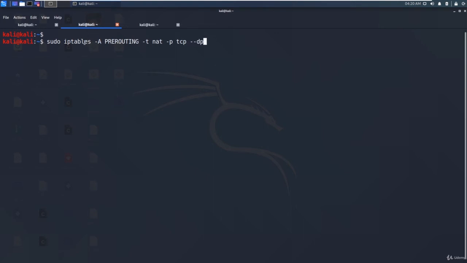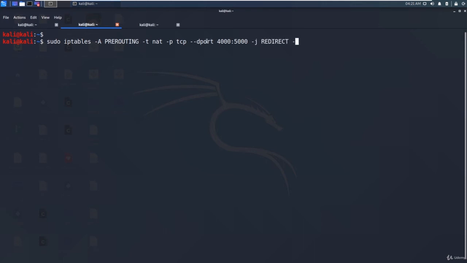And let's say dport, 4000 to 5000. So if there are any connections coming for these ports between 4000 and 5000, I want to take the action called REDIRECT.